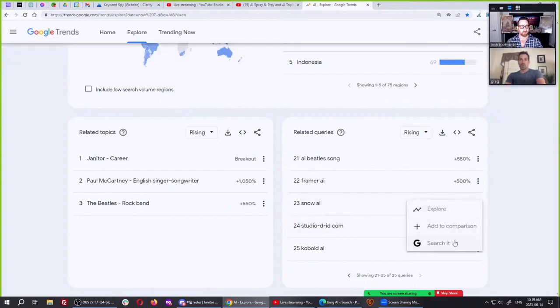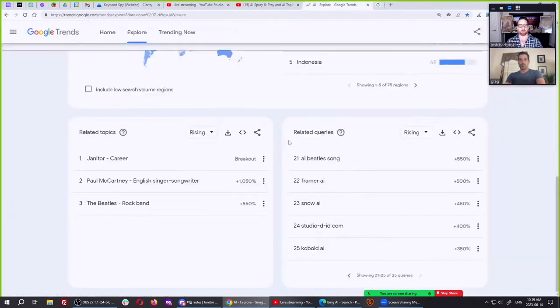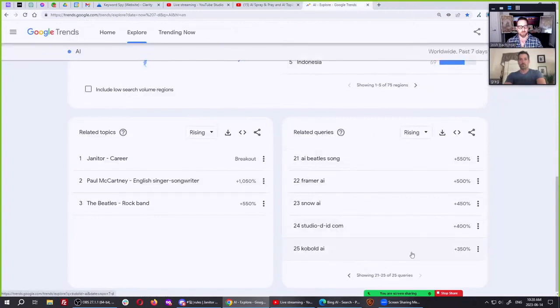Snow AI. I tried to look this one up. We already talked about that one. Kobold AI. And the last one is Kobold AI. This is a Dungeons and Dragons game, I do believe. I've looked into it, and this is a Dungeons and Dragons game.